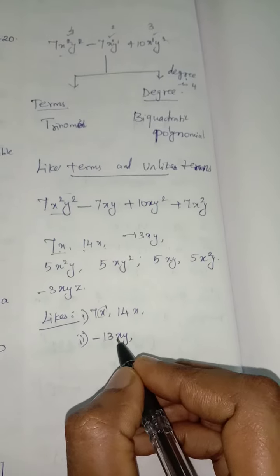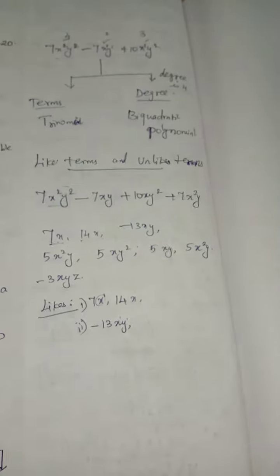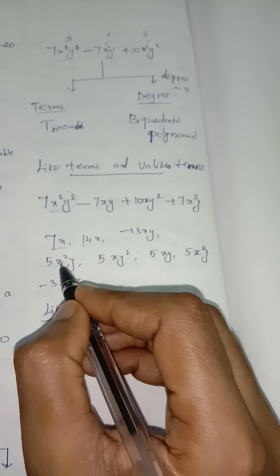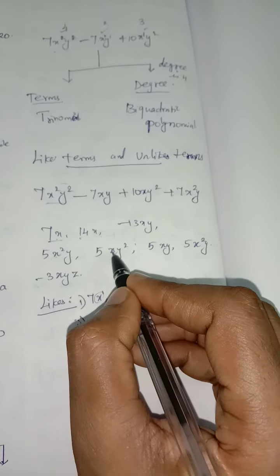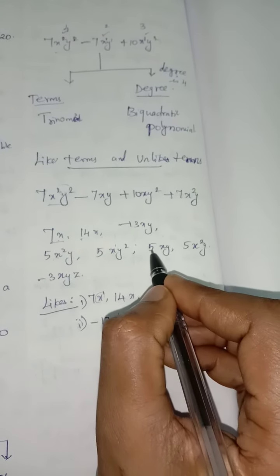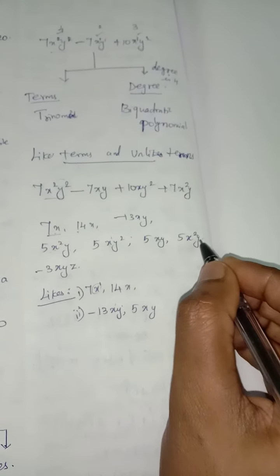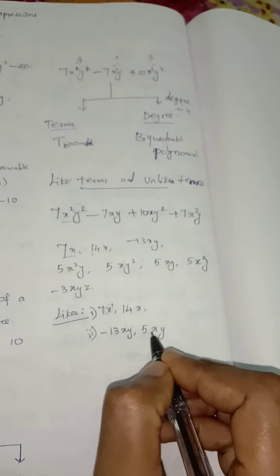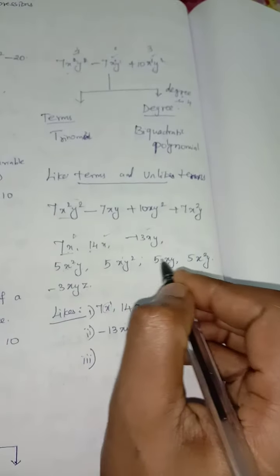One more, let us check minus 13xy. For both x as well as y, the power is 1. So check whether the same variables are coming in any other term. Here xy is there, but the power of x is 2, so it is not a like term. Here the power of x is 1 but y is 2, so it is also not a like term. Here, this is 5xy. Here the power of x is 2, y is 1, so it will not come. Here z is there, so it is not a like term. Only these two are like terms. Then check for the other one. We did this, and this got over.